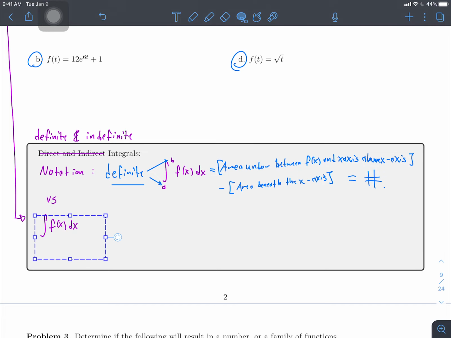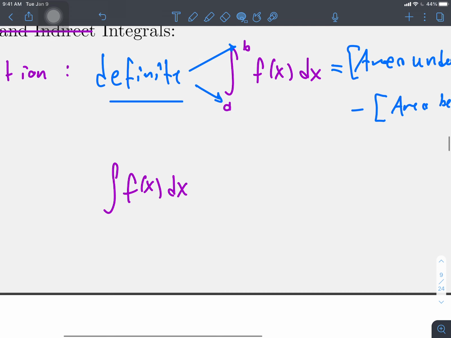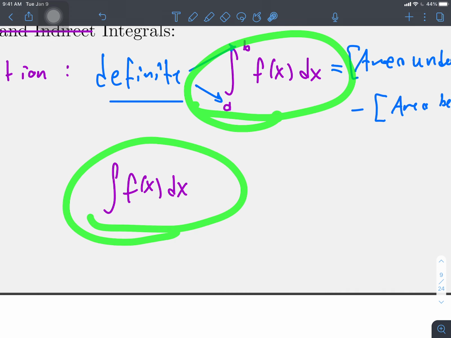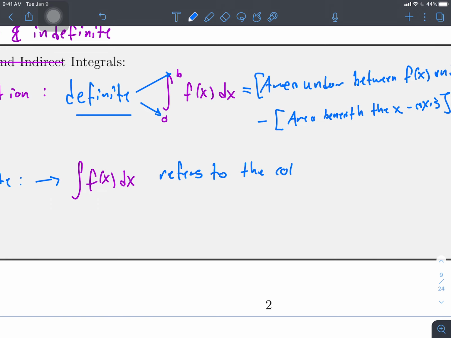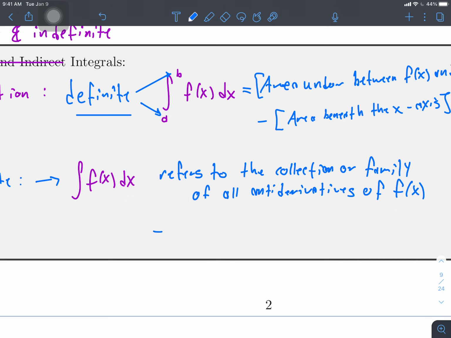Okay, so what's different about an indefinite integral? Well, when I use this notation, like so, you'll notice the big difference between these notations is one of them I have bounds and the other one I don't. So this is the notation that I use to refer to the indefinite integral, which refers to the collection or family of all antiderivatives of little f of x, i.e., this is the same thing as capital F of x plus c,